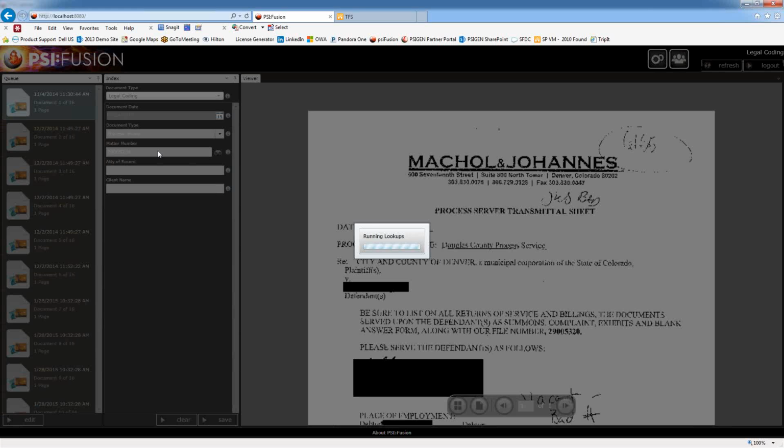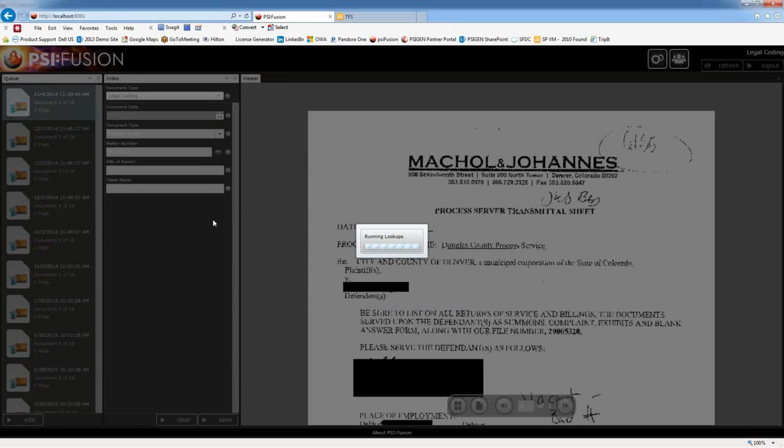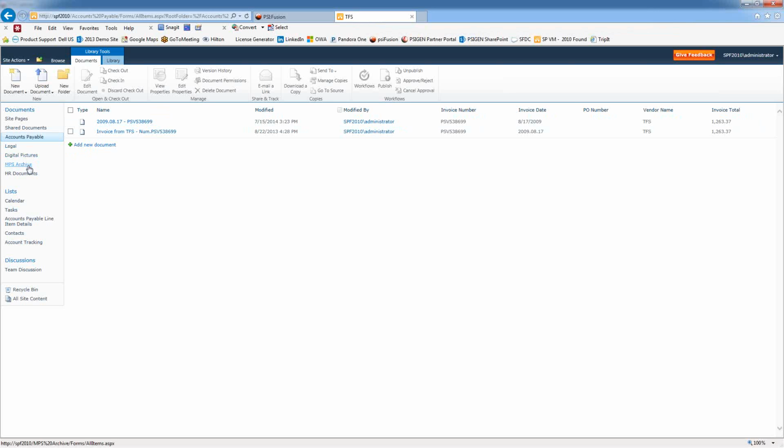And when I tab off of there, it will do a database lookup for me and then bring back the value. And it wants to be a server operating system that I'm running on a laptop. I apologize for the error we just received. But if we go look in